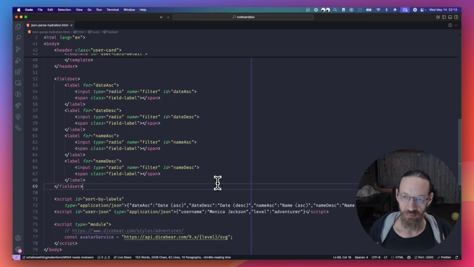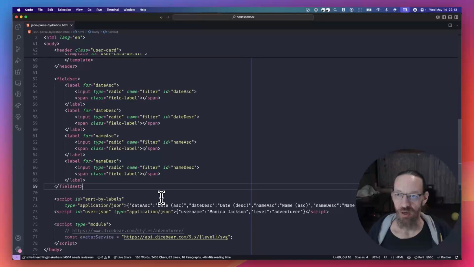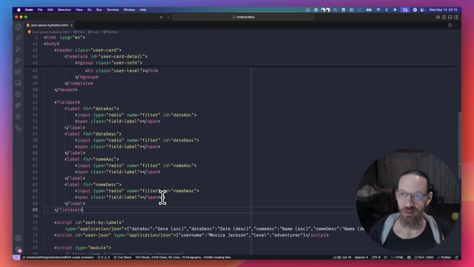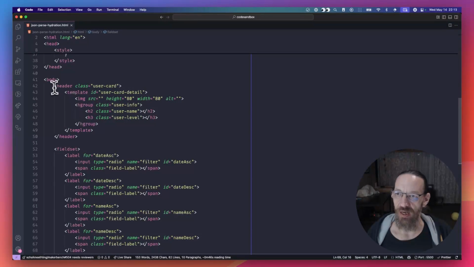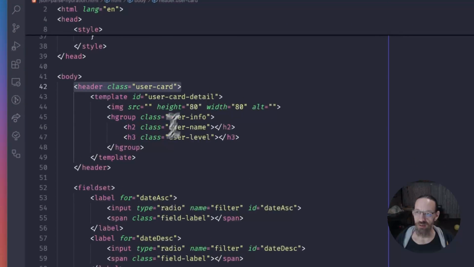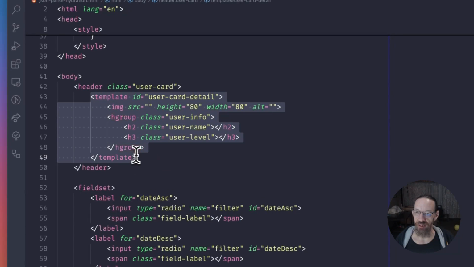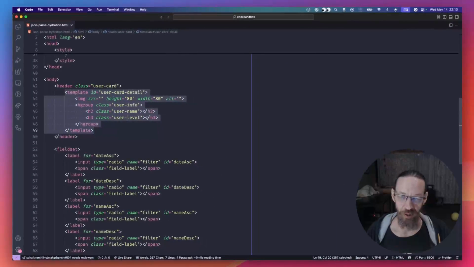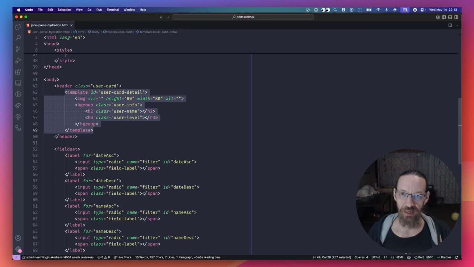Now, okay, so we have this as a string in the DOM. Now, what do we do with it? Okay, so we're going to do 2 things here. The first thing is we have this little user card here. And then we have a template element here because we're going to use this template to populate it with that information that we're getting from the JSON, also making a sort of a call to an external service,